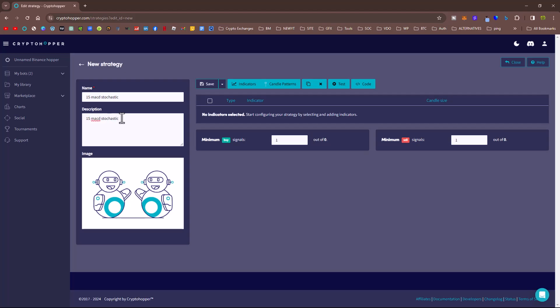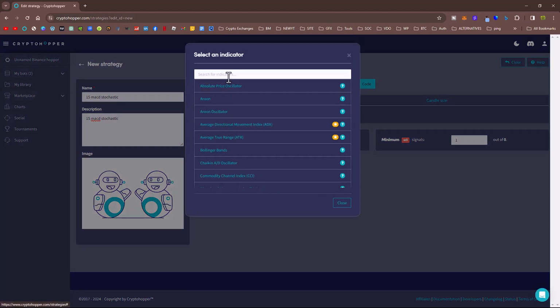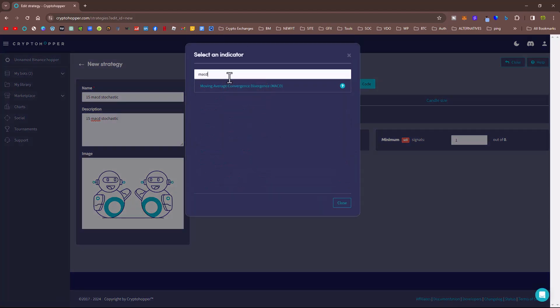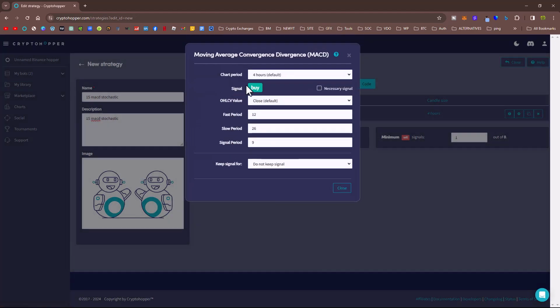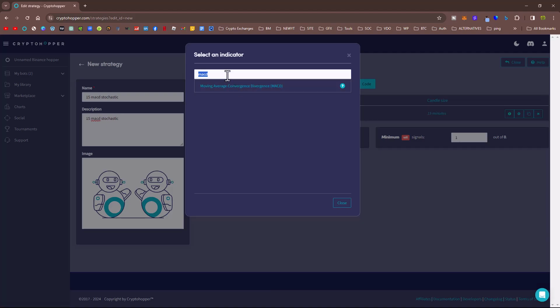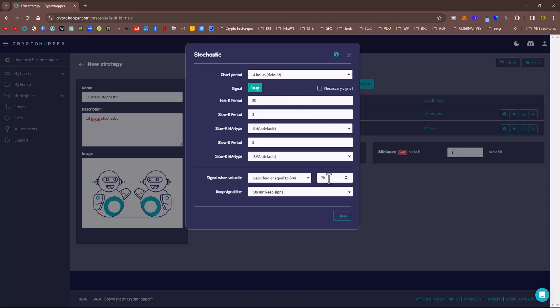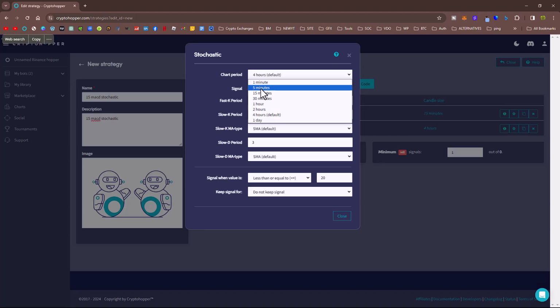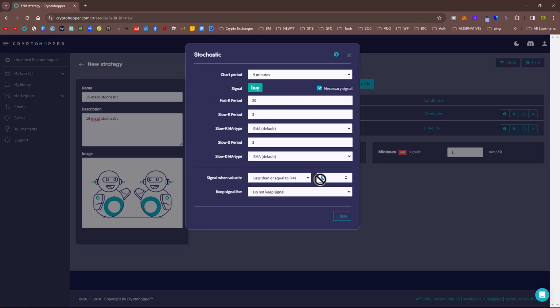Give it a name. Now choose your indicators. Choose MACD. Boom. Put it on 15 minutes. Necessary signal. And close that. And then I'm going to add stochastic. Not stochastic RSI, guys. Just stochastic. Alright, so this one wants to be 5 minutes. Now I've never used this setting here before,